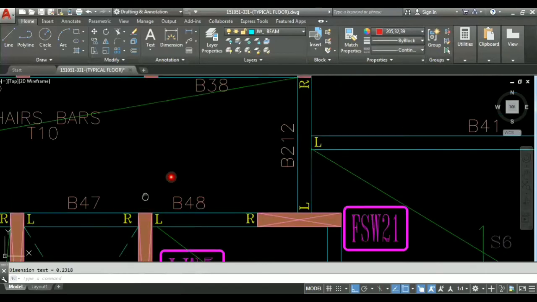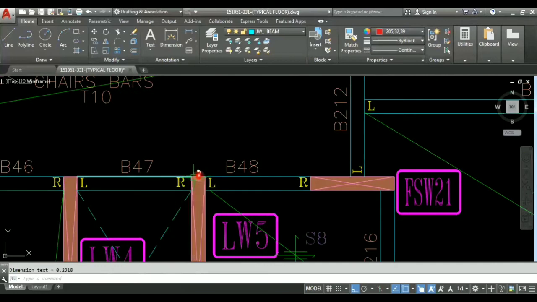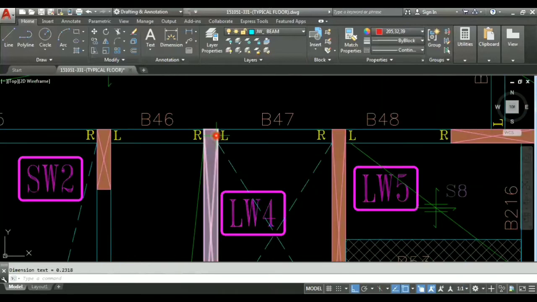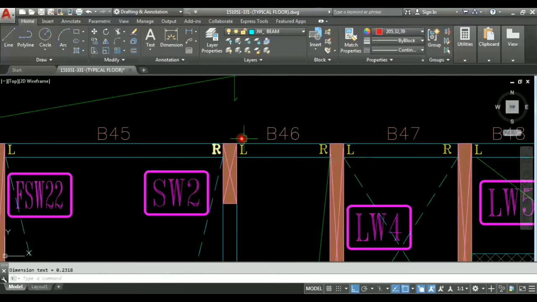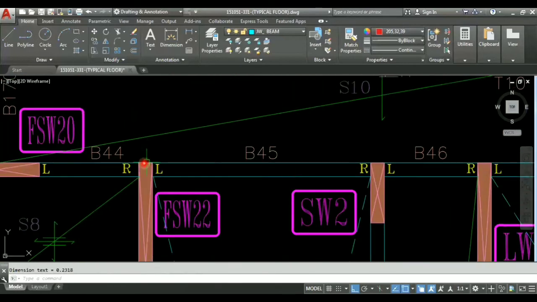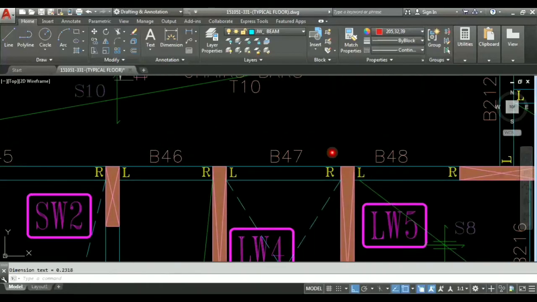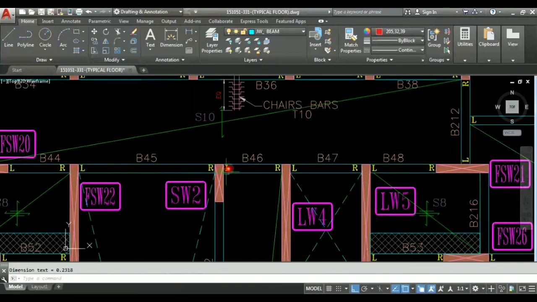Now it is obvious that we can't reduce this edge of LW5, this edge of LW4, this edge of SW2, this edge of FSW22, because at this point beams 44, 45, 46, 47 and 48 are resting perpendicular to these shear walls and lift walls. So we can't reduce these edges.